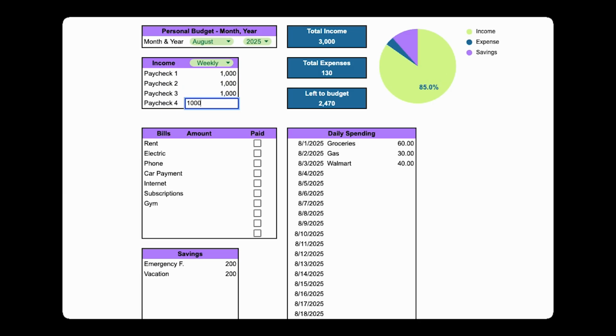I'm going to show you this monthly budget template that I made, and honestly, this is probably one of my favorites that I built so far. Basically, I make budget templates for people because some people prefer spreadsheets over apps. Everyone's different. Some people love the budgeting apps that are out there, but other people just want something simple in Google Sheets that they can customize however they want.